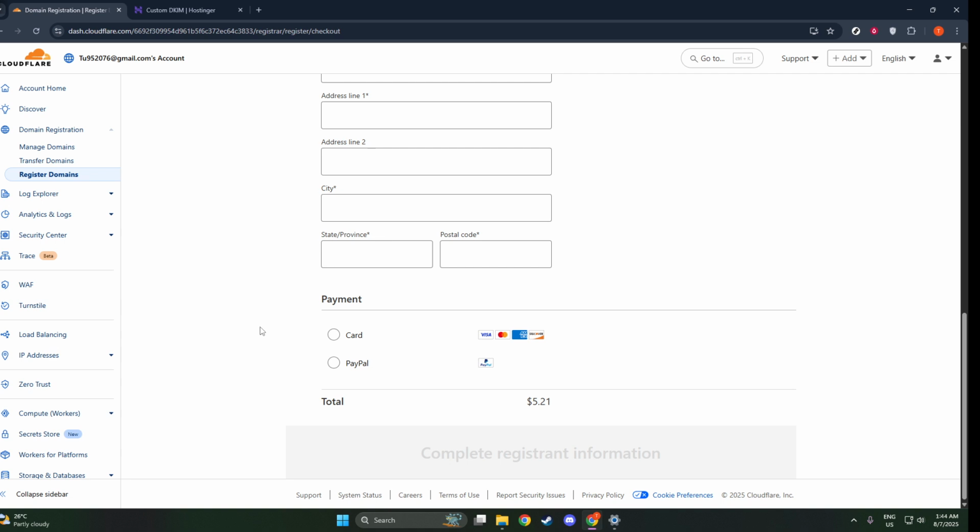Now, let's move on to completing the necessary contact details and payment information. This part is crucial, as you'll need to input details like your registrant information, admin contact, and billing information to proceed. It's essential to fill in these fields accurately to ensure your registration goes smoothly. You will also need to decide on the term length for your domain. Most often, domains are registered for periods of up to 10 years, so consider how long you anticipate needing this domain when making your choice.